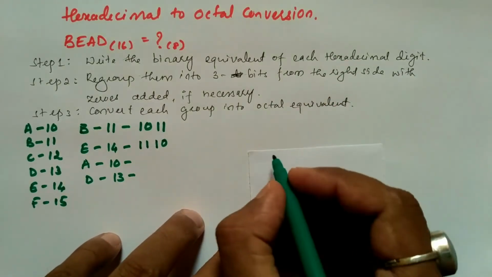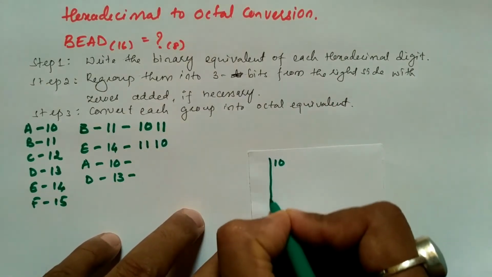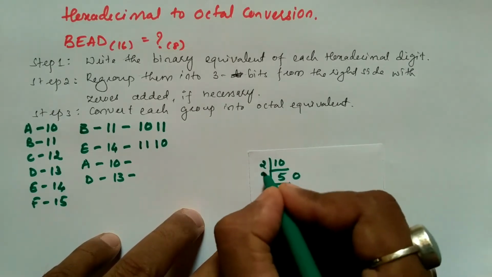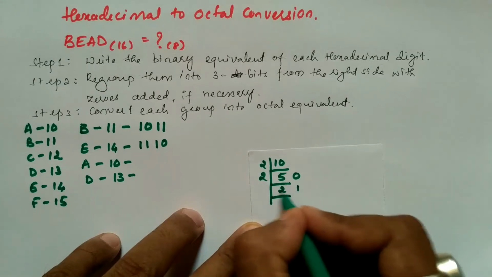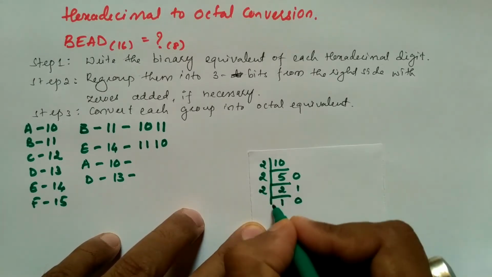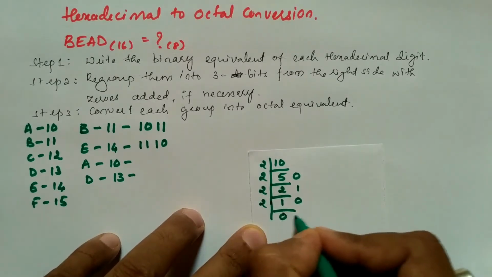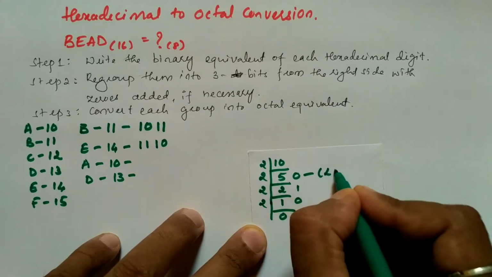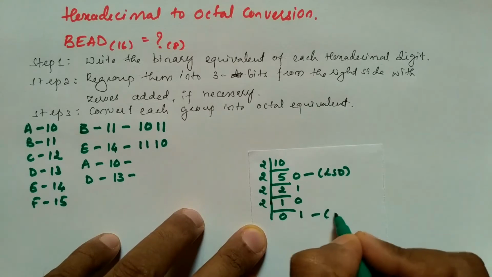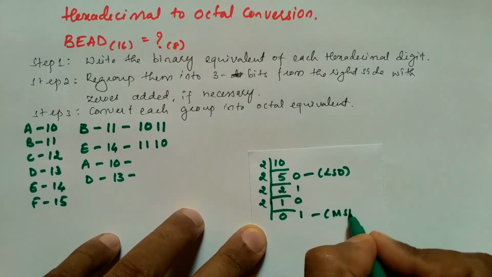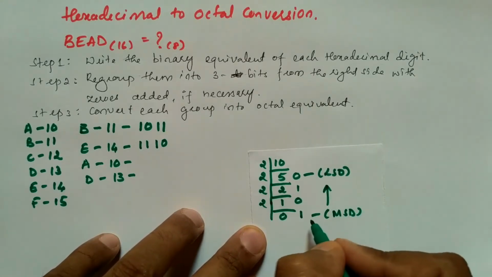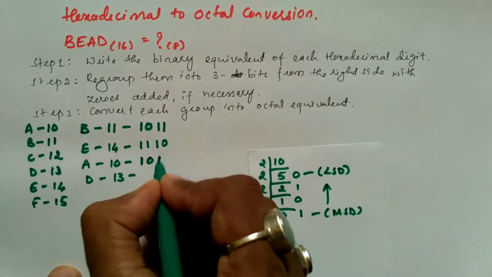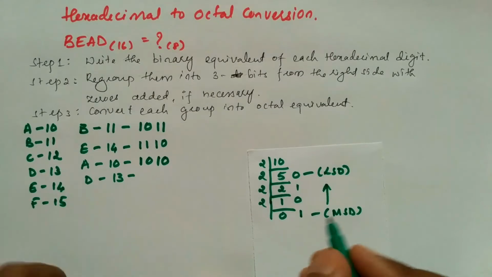Similarly, I have to convert A. Now I am going to write A represents value 10. So divide this by 2. 2 5s are 10, remainder is 0; 2 2s are 4, remainder is 1; next 2 1s are 2, remainder is 0; next 2 zeros are 0, and this remainder comes as it is. So the first remainder is the least significant digit and the last remainder is the most significant digit. Here we have to write bottom to top: 1010. So 1010 is equal to 10.